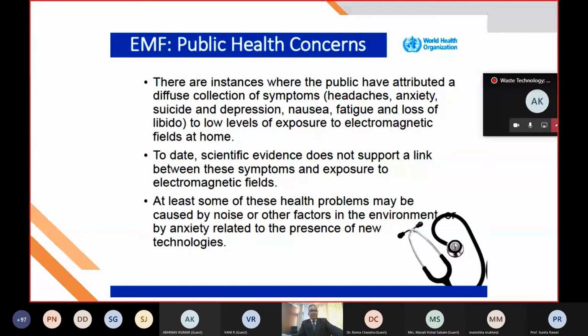In fact, WHO's directions are there. It has given a number of instructions. There are instances where the public have attributed a diffuse collection of symptoms: headache, anxiety, suicide, depression, nausea, fatigue, loss of libido, to low level exposure of electromagnetic field. That is the observation. To date, scientific evidence does not support a link between, I repeatedly say,